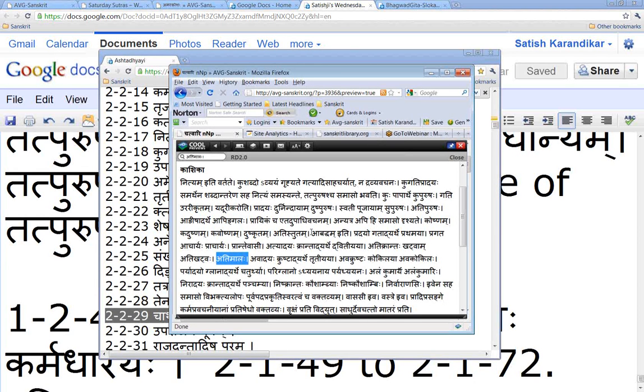And one example is atikrantaha malam. So one who has gone beyond the mala, a very strange compound, but one in terms of his looks or his, I guess, comeliness, whatever it might be. So attractiveness, he is even more attractive than a mala. Atikrantaha malam. So now here the pradhanyam is coming more with the atikrantaha, one who has gone beyond. So atipadam, which stands for atikrantaha, that atikrant is understood there, has taken pradhanyam.